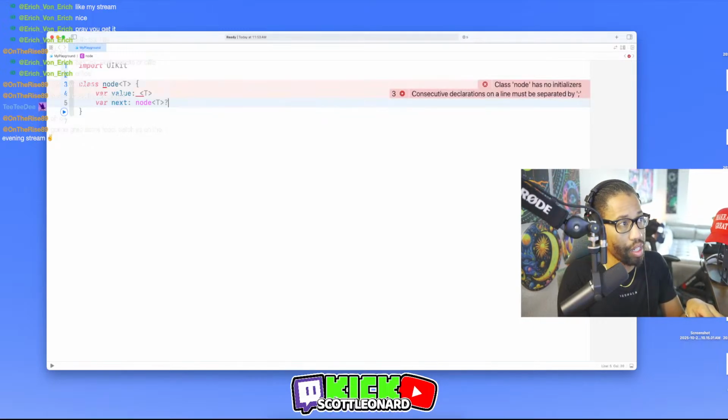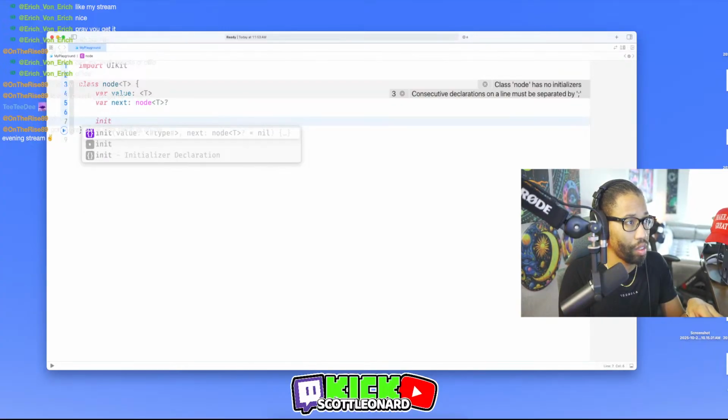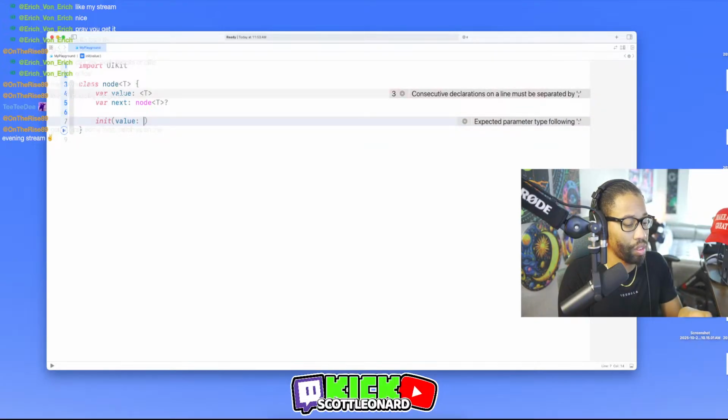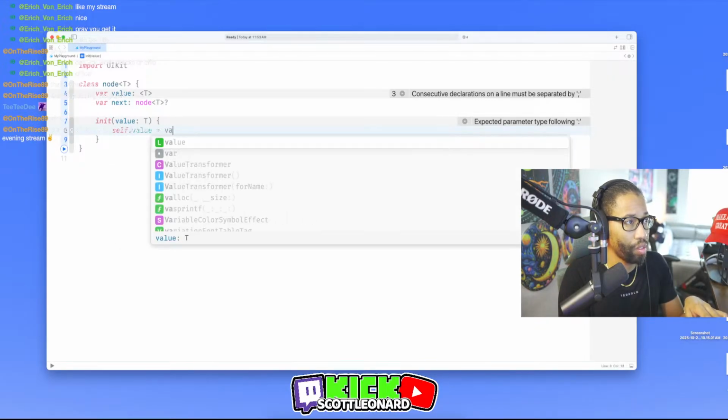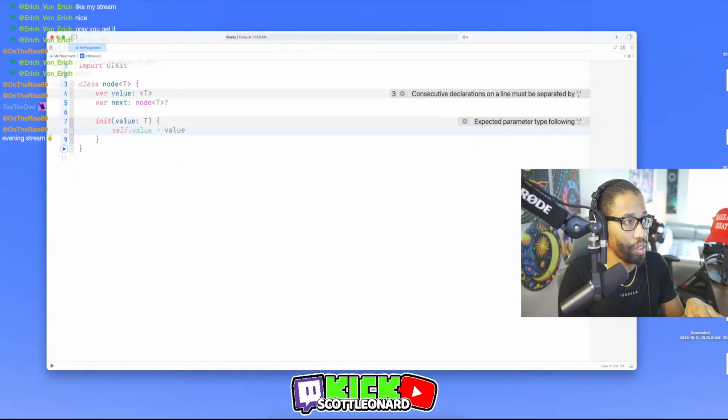Pretty sure you can do that. Init equals value, the self dot value equals value, right?